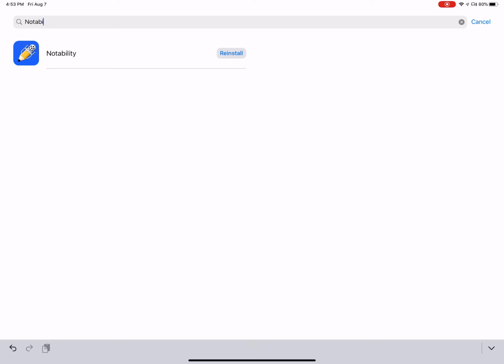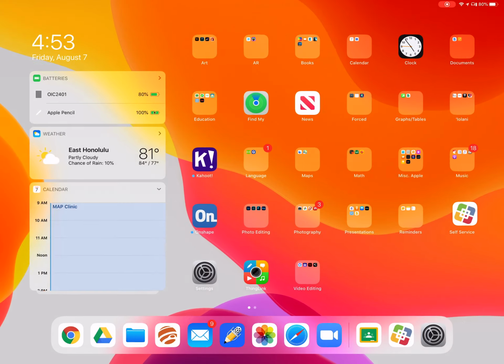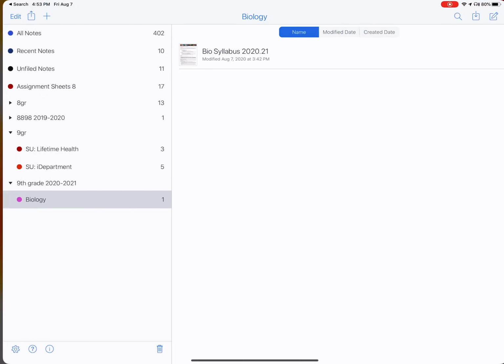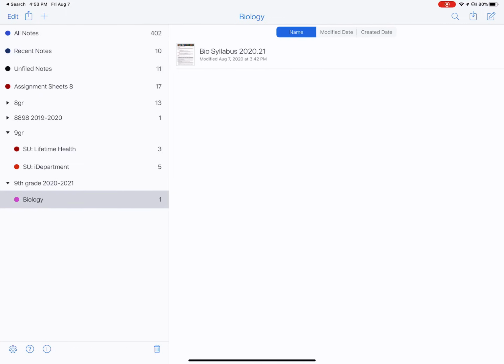Okay, so you can see that it is a blue icon with a pencil there. And then once that's installed, go ahead and find it in your applications on your iPad. Notice that this iPad has lots of folders already. It's a good idea, if it's not organized, to put in dividers and subjects so that you create folders to organize them, because you're going to be using it a lot, especially